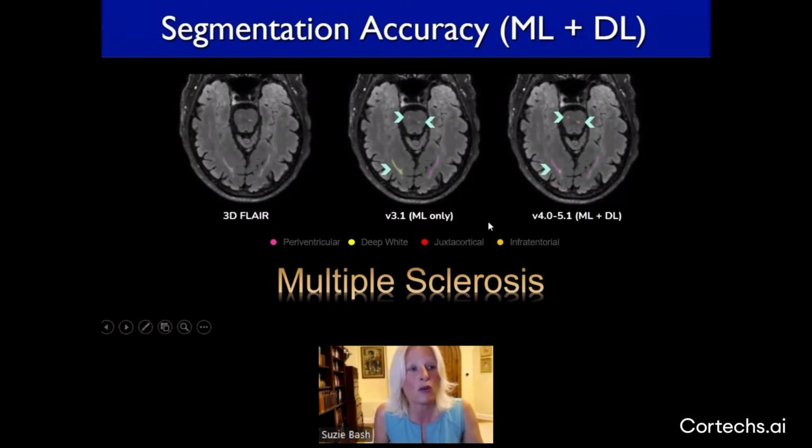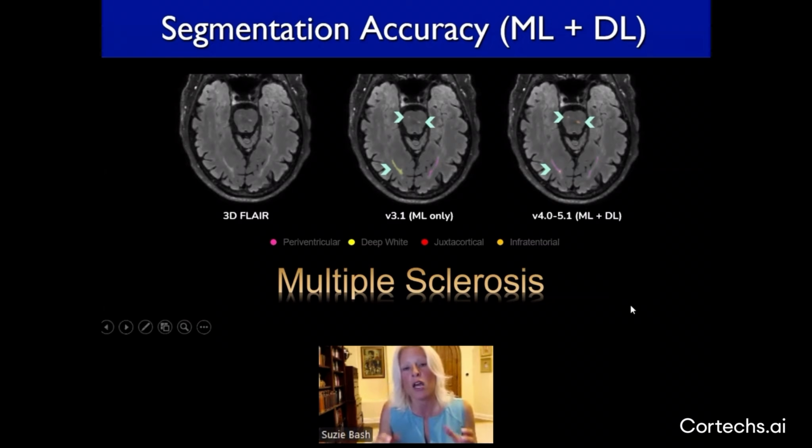But you can see here in older versions of the software, where only machine learning was utilized, these two small plaques in the pons were initially missed. But with the more current versions, version 4.0 and beyond, we're now at 5.1, it's an incorporation of both machine learning, which, by the way, does a great job in filling out plaques in the periventricular region, but also now deep learning, which does a wonderful job with juxtacortical plaques and infratentorial plaques. And so you can see here that these two plaques in the pons have now been detected with the newer